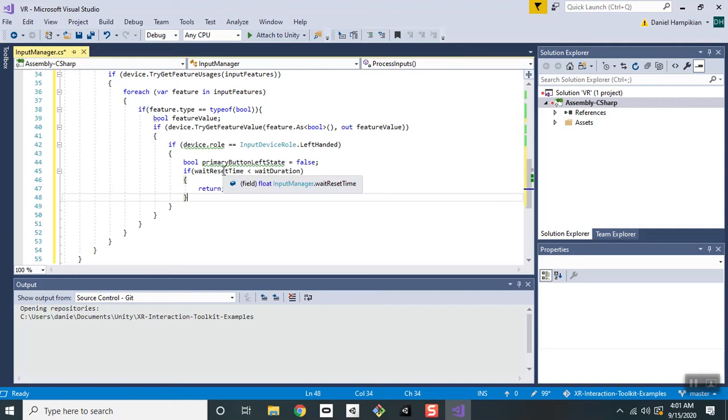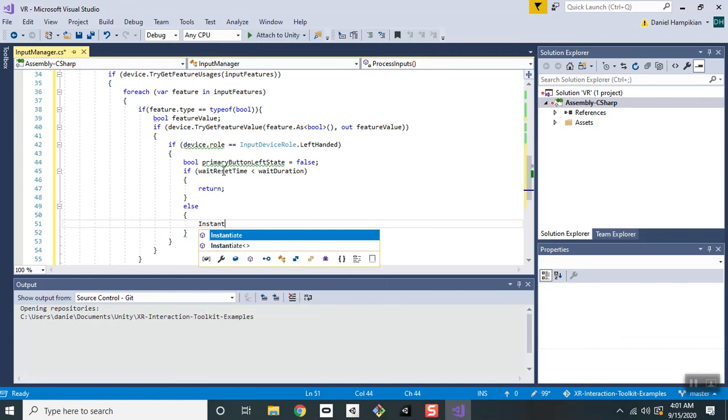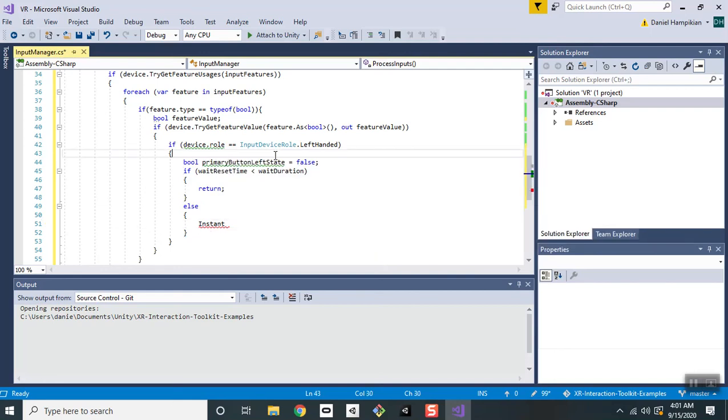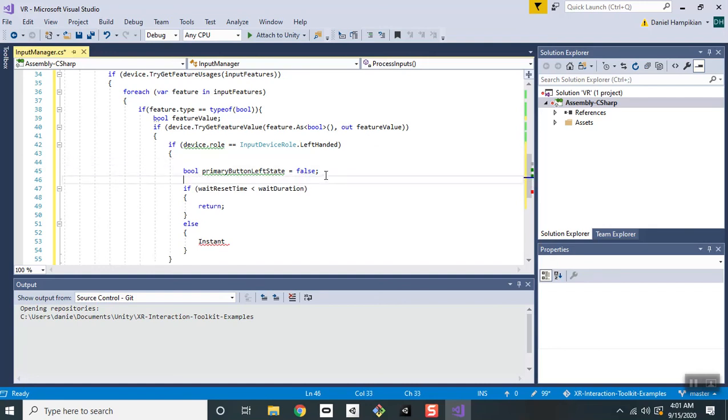Otherwise, we'll allow the button to fire. So else, we're going to instantiate, if device role equals input role left-handed. We still haven't checked for the button though. So before we check for the reset time, we'll set things to false,